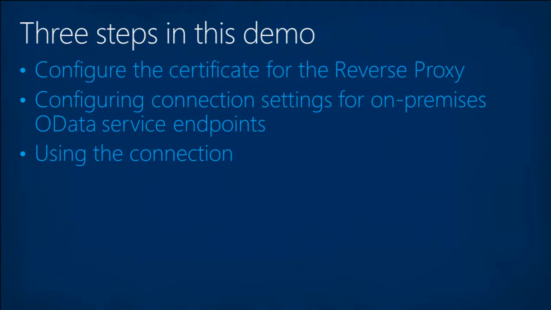So when I showed you the block diagram of the design for all the different components of how this hybrid architecture is put together, one thing that I mentioned was that as Contoso, you need a way for your tenancy in Office 365 to be able to tell a reverse proxy that this is a trusted tenancy. And the way we do that is by using SSL client certificates. And so the first part of the demo will be showing you how you can store your SSL client certificate inside SPO for use by BCS.